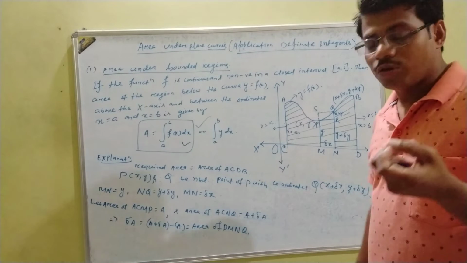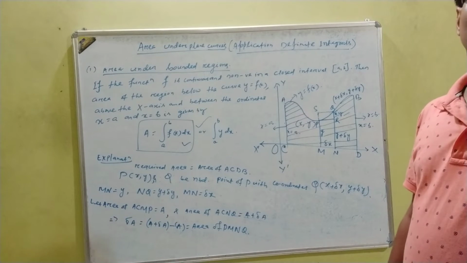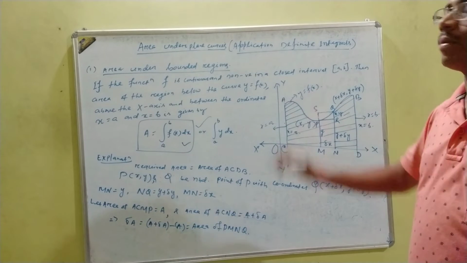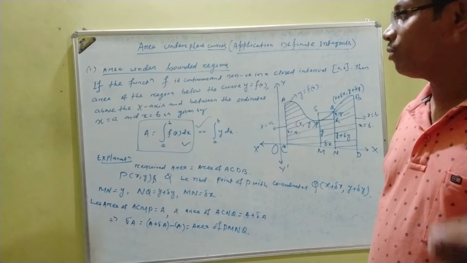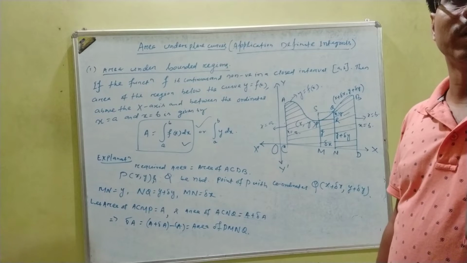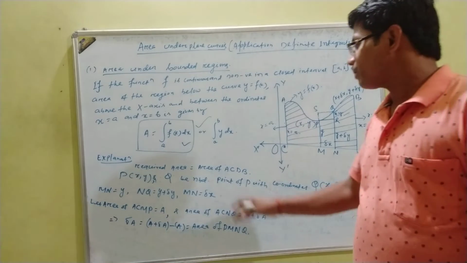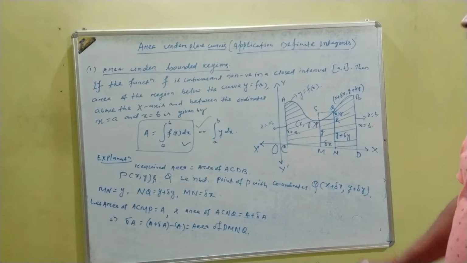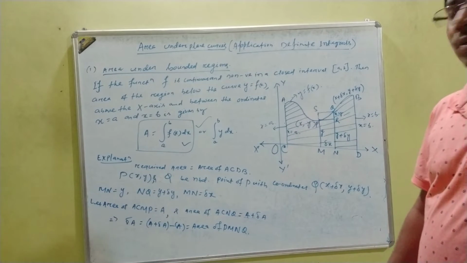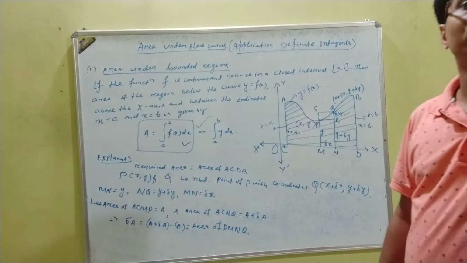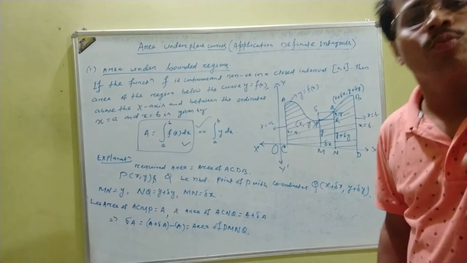Integration is basically used for finding the area of an irregular shape for a function of one variable. Two variables is a different thing. Integration meaning is different there, but in one variable, definite integration means finding the area under a curve or area under a bounded curve. So let P be any point on the curve, whose coordinate is (x, y). Again we choose another point in the neighborhood of P. Q is the neighborhood point of P.